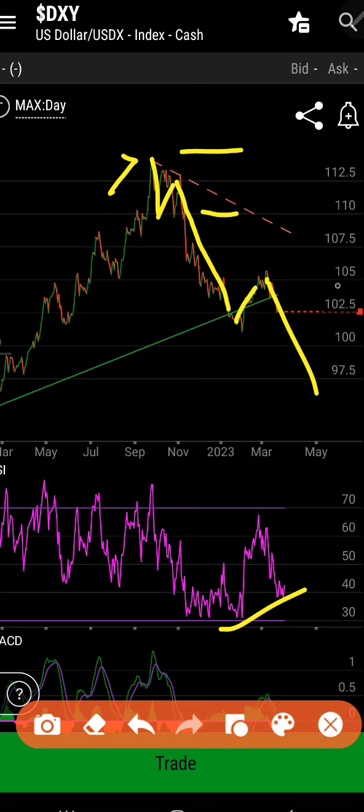So when I come up here to 105, I say what's 105 minus that same height? It's about 102.5. That's about where the dollar is now. So this to me seems a lot less likely, but it's important to keep that in mind. I don't think it matters really how you cut it.